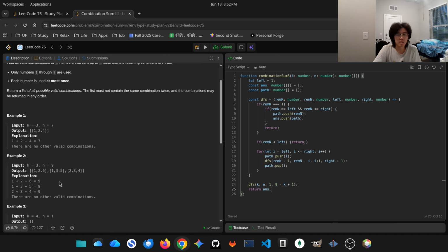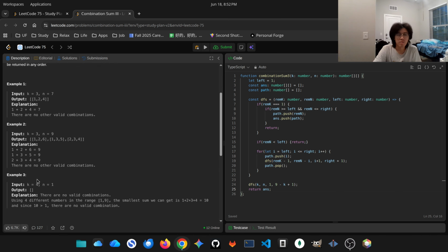Firstly let's pick this example, like k is 4 and n is 1, left is 1, and from this k 4, n 1, 1, 9 minus k 4 is 5 plus 1 is 6, so 4, 1, 1, 6,